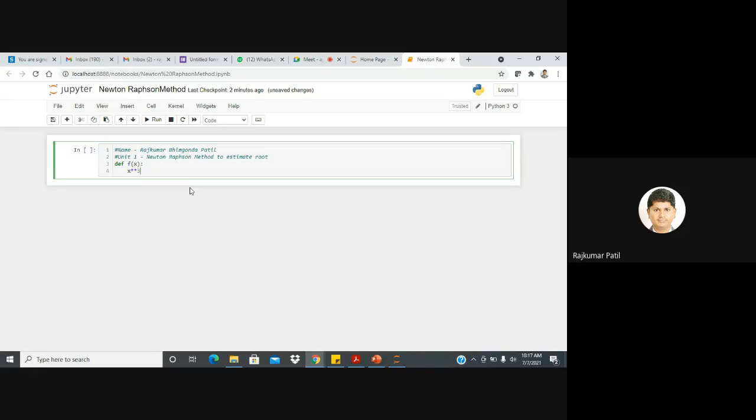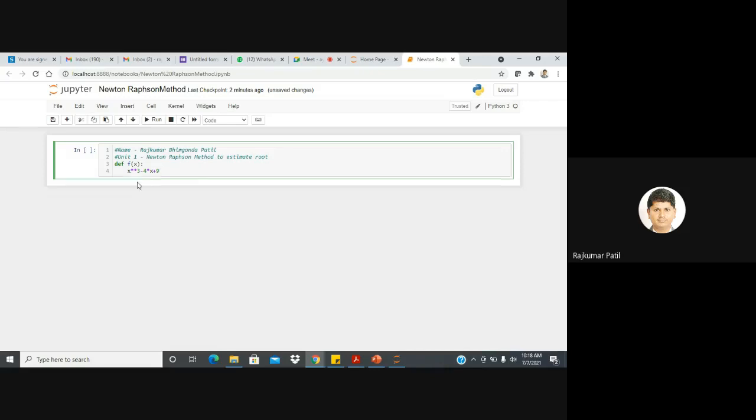x cube minus 4x plus 9. So this is the equation. You can take any equation, there is no issue about it. Here, def f(x) is the syntax that we use to define the function, and in this case x cube minus 4x plus 9 is the equation.